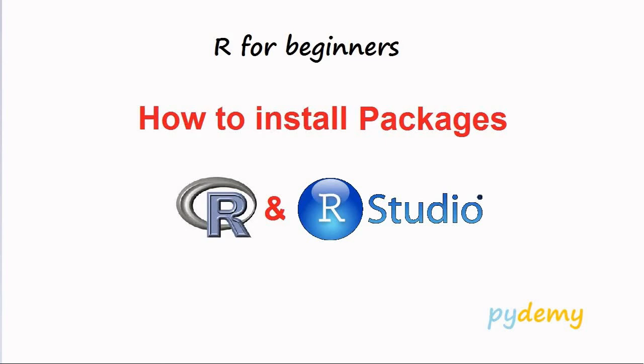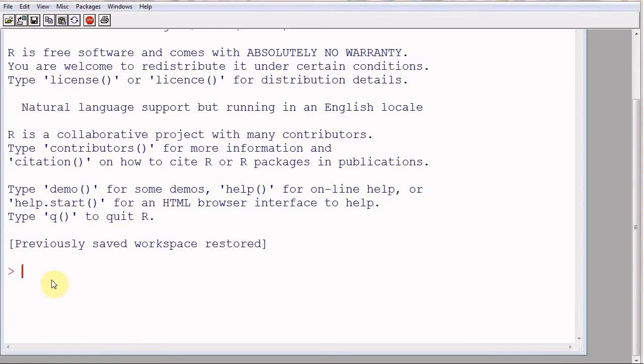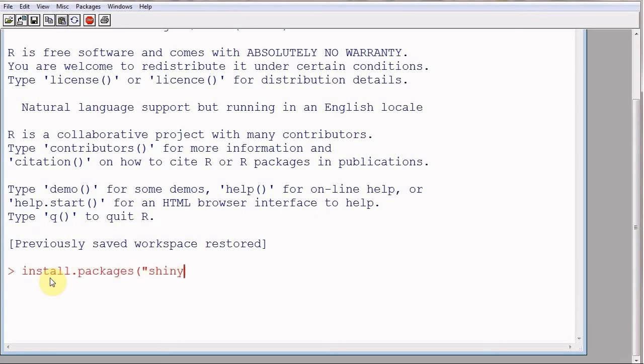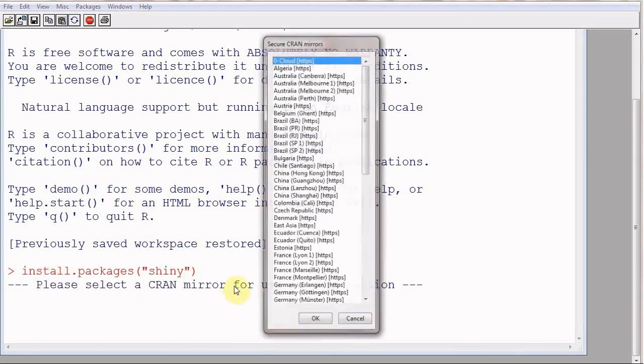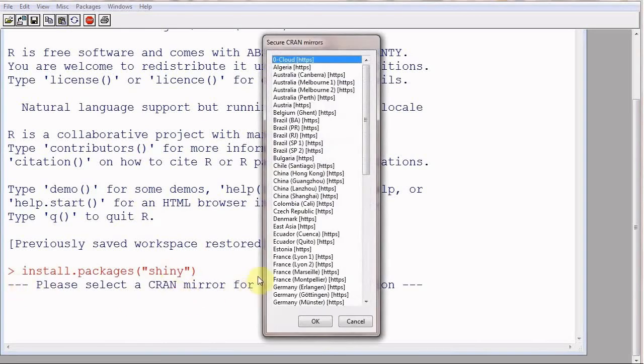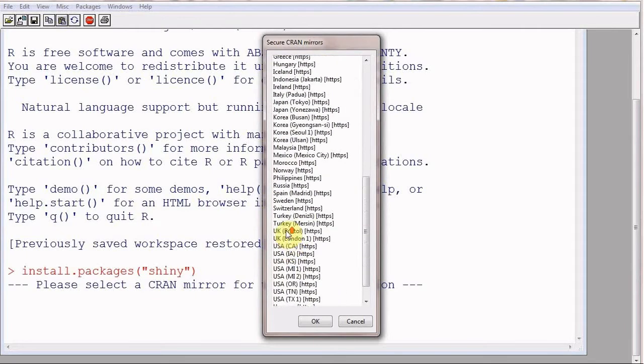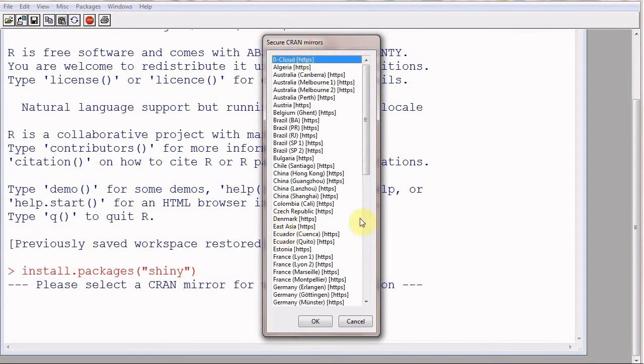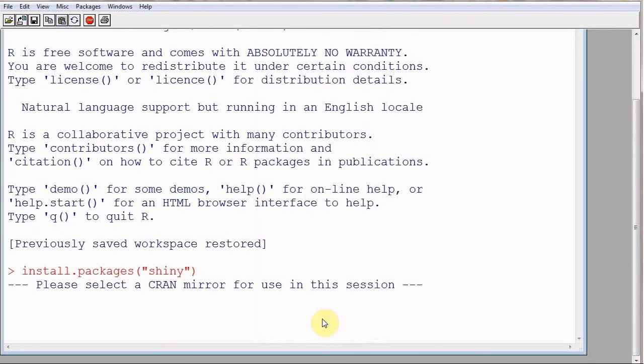First open R console and we will write the command install.packages and the parenthesis and the name of package within quotes, and that is, let's suppose we want to install Shiny, and press enter. It will ask you to select a CRAN mirror. It is simply to opt for any server, so either you select your country, or select cloud server